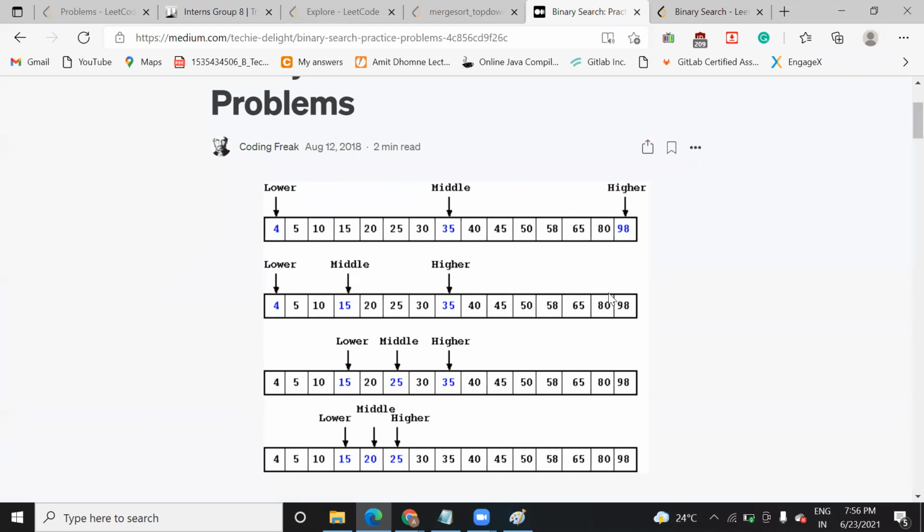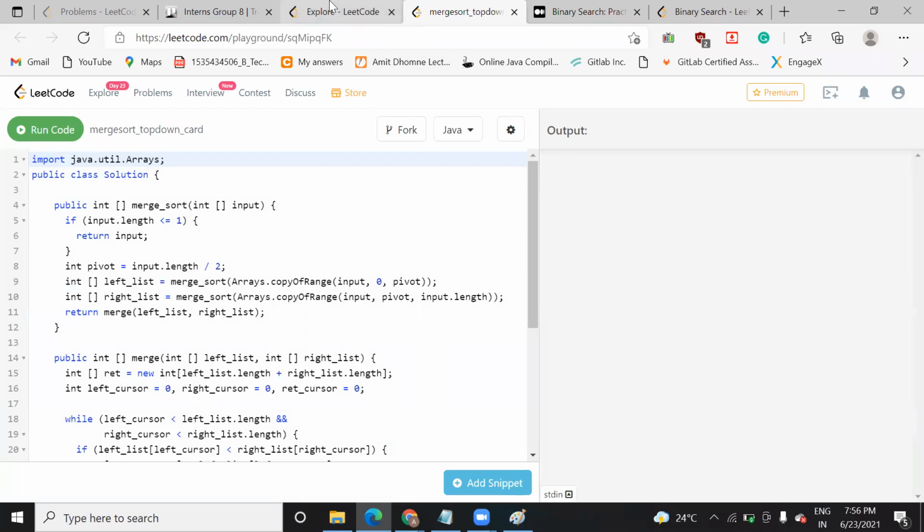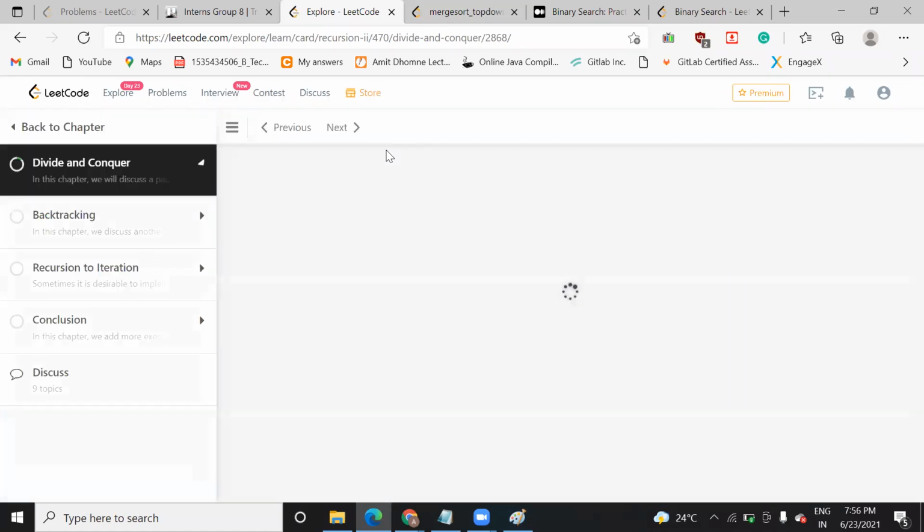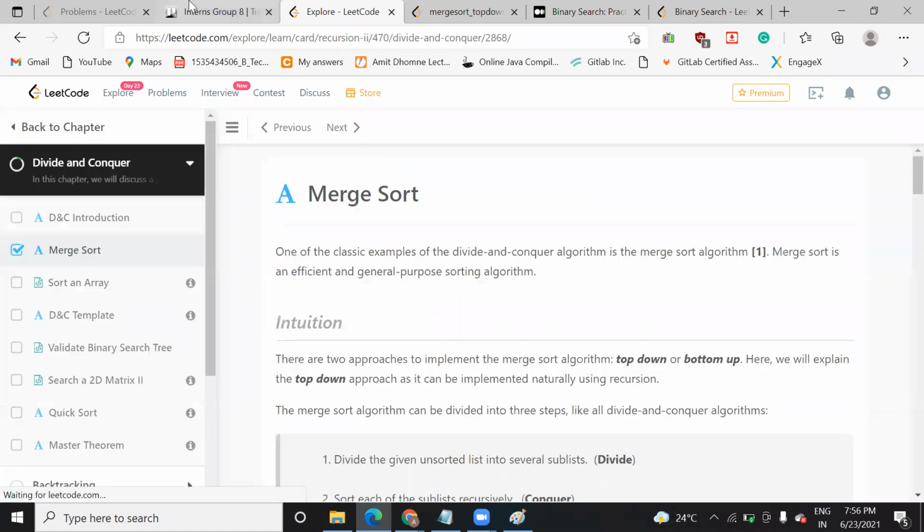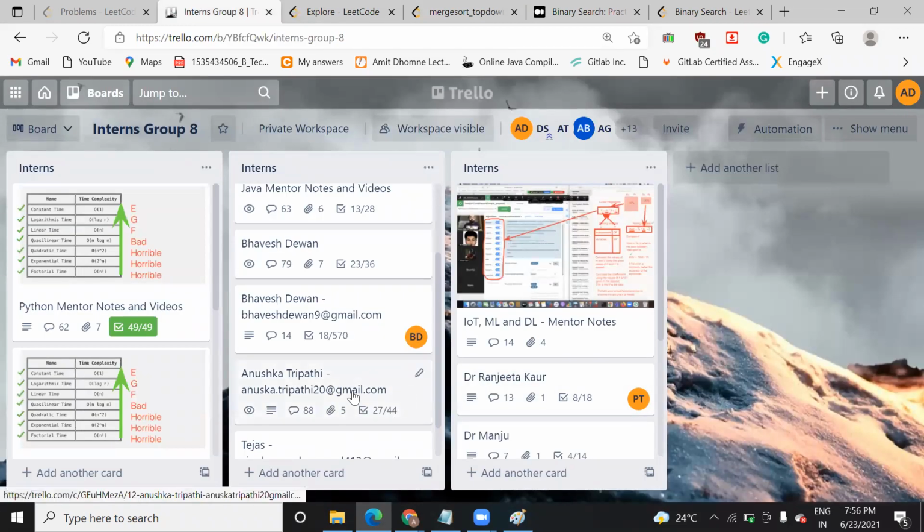What is this design problem? You have checked it in the checklist. Design problem means how to design the code, how to make the code, which I explained to you yesterday: if you have any code, what are the things you need to consider when you have to make it.